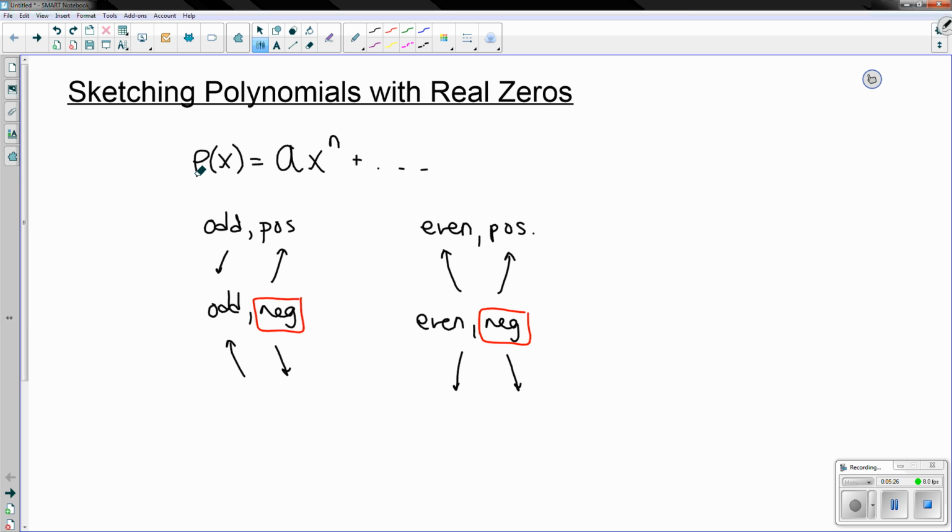Now, something to keep in mind here, as we've discussed before: odd, the ends of the graph will go in different directions, and even, they will go in the same direction. So let's keep that in the back of our mind. And now that we have those three things that we need to worry about, let's jump into an example and see